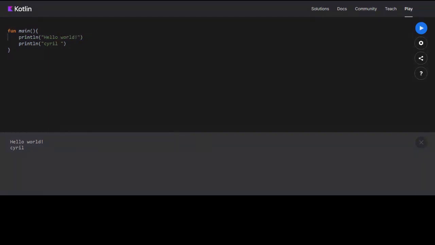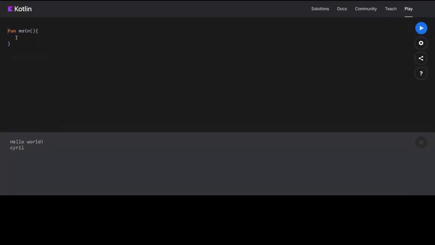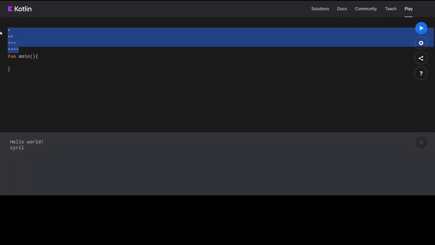What I want you to do is try printing this in your Kotlin program, in your Kotlin window, like this. You all can go to this Kotlin Playground link and try printing this pyramid, this part.